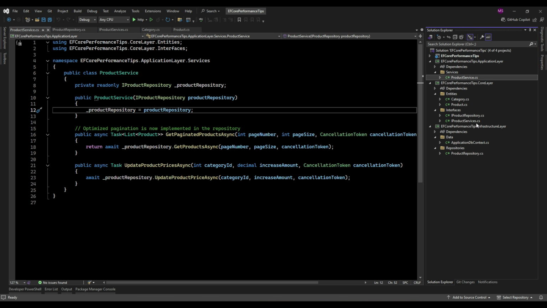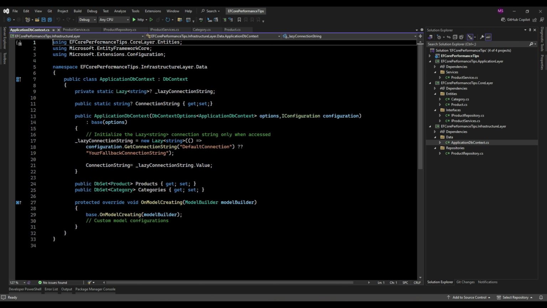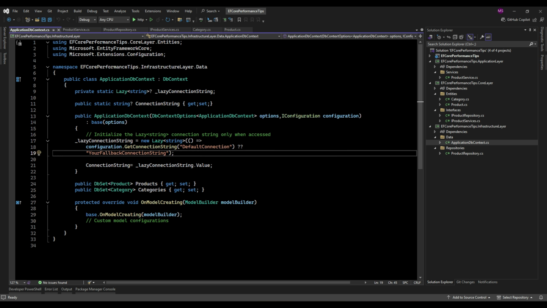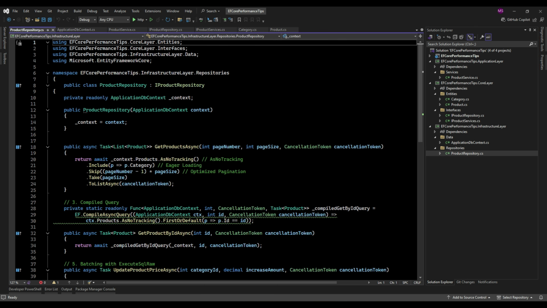Here we have the infrastructure layer. The infrastructure layer is where all the technical details live, like database access, such as EF Core or Dapper and things like that, external services, file storage, and more. It implements the interfaces defined in the application layer. This is where the big things happen when your app needs to talk to the database or external systems.